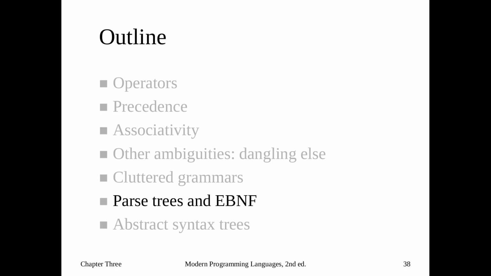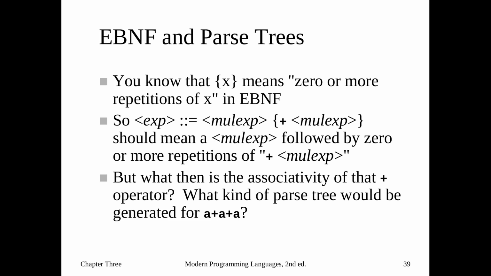This moves us towards parse trees and the EBNF. The EBNF, which we've already seen, is really slick and adds extra capabilities so that we can make the grammar a little more efficient. But unfortunately, there are some issues with this. If we use curly braces around X, that means 0 or more repetitions of X. And so if we were to write the rule,